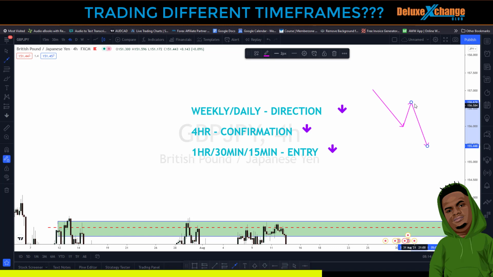So this is what I do. I'm going to look for my direction on the weekly. We're in a downtrend, yes, so I'm going to look for confirmation of entries on the 4 hour, and then I'm going to look to enter on the lower time frames. And if it's an uptrend, we're going to do the opposite. On the weekly, if we're in an uptrend, we want to look for areas to buy, confirmation on the 4 hour, and then execute those trades. You can go all the way to these daily levels, these weekly levels, but just understand,